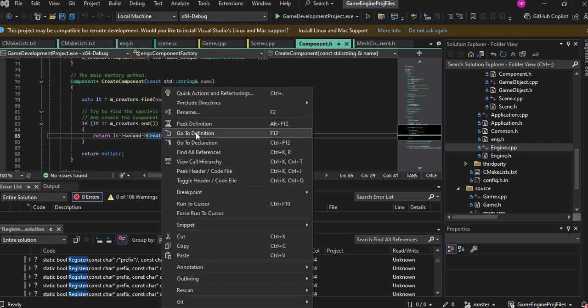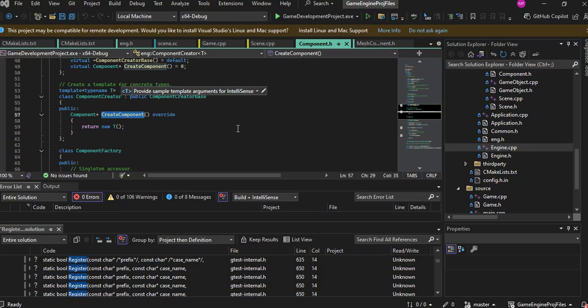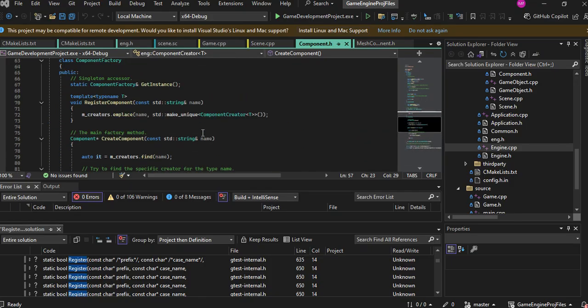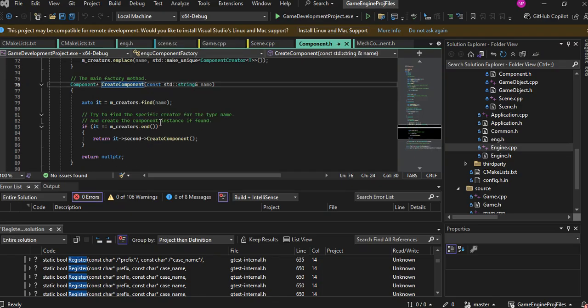So if I go to create component, override, and I think this, where was that create component? Was it down here? Create component, iterate a second. So the value: try and find a specific creator for the type and name and create the component instance if found. Yeah, so we create the component and then again I'm not sure